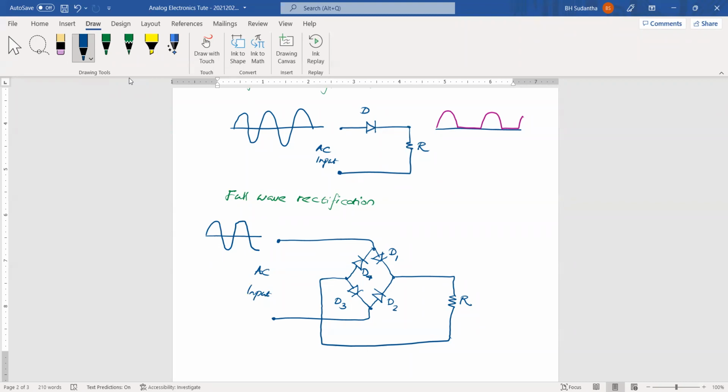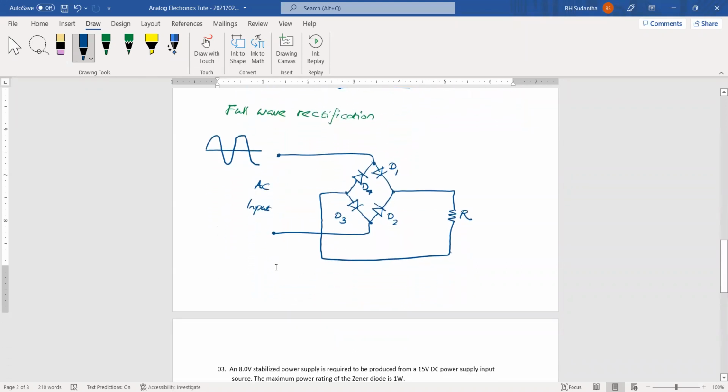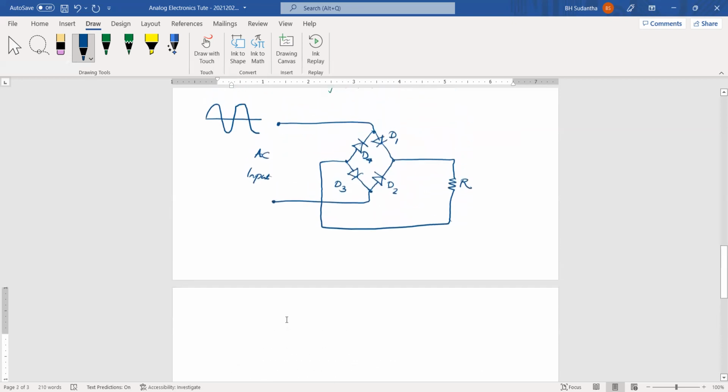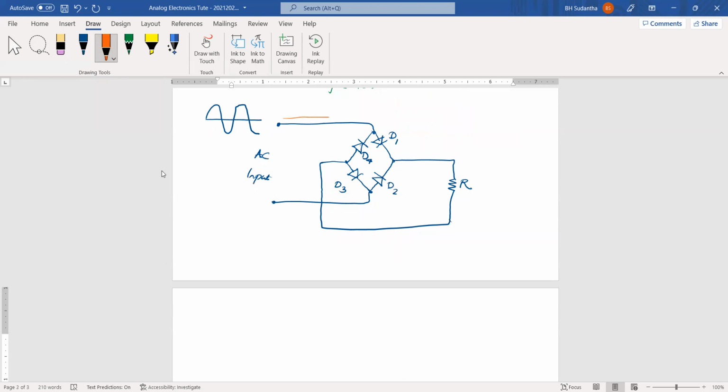And we have a waveform like this. Then during the positive half cycle, through diode D1, then through R,